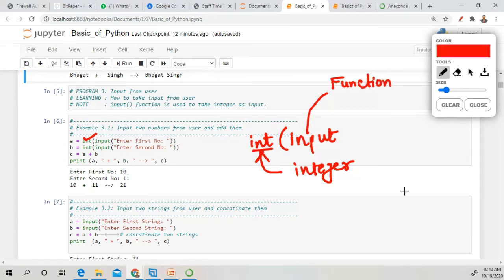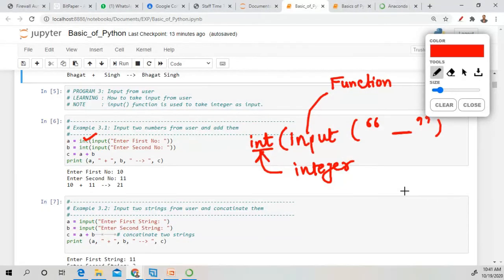It will ask you to enter the values. Anything written inside these inverted commas is considered as output, as I have told you earlier. So it will ask you to enter the first number.